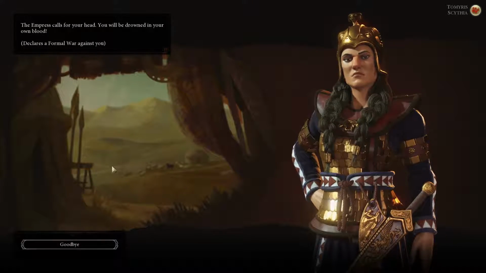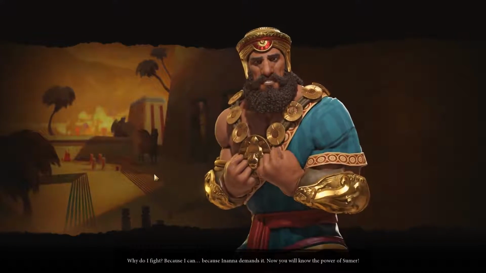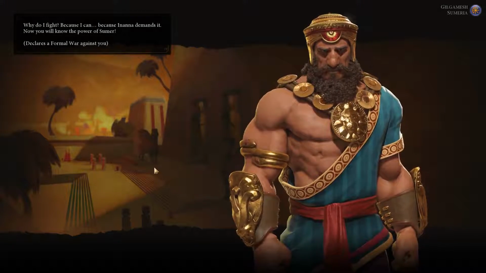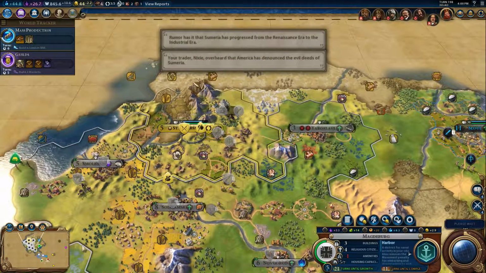Tremendous has declared formal war against us. Oh dear, oh dear. And I think he has also declared formal war. I think that's a joint war between Sumeria and...